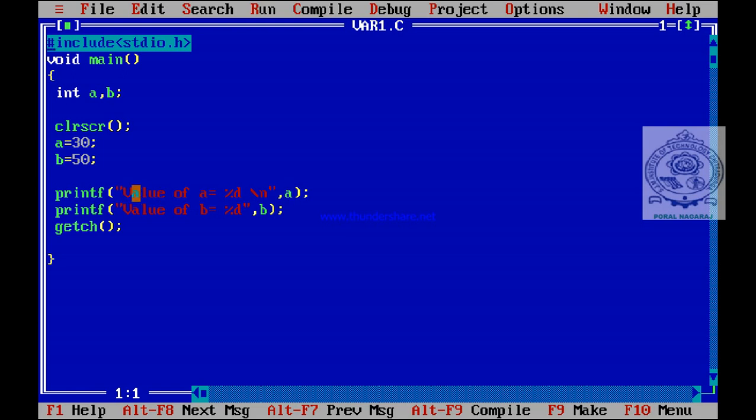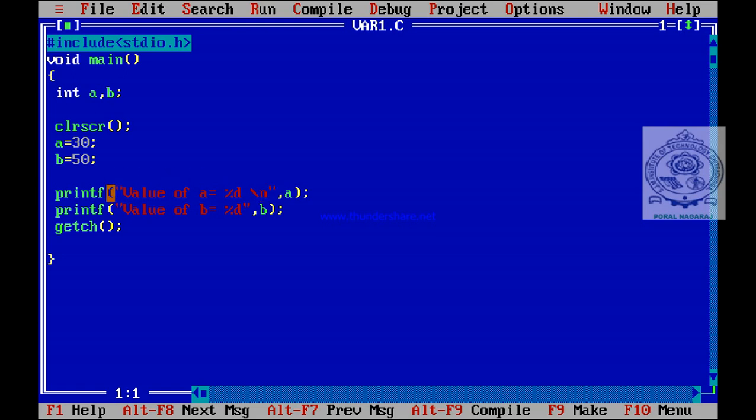The format string in a printf statement actually contains three things: either the text to be displayed as it is, then it may have format specifiers like %d, %f, and escape sequences like \n, \t. Escape sequences, we also call them backslash constants. We use these backslash constants only in the printf statement.